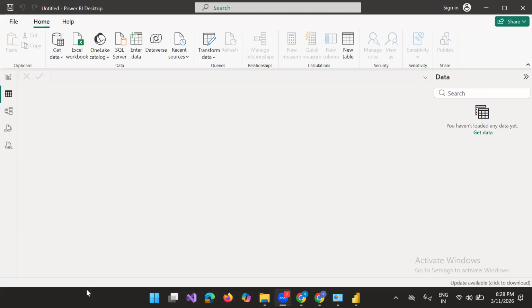Next one. The calculations will be done on the fly, or at runtime. Under calculated new column, the calculations will perform